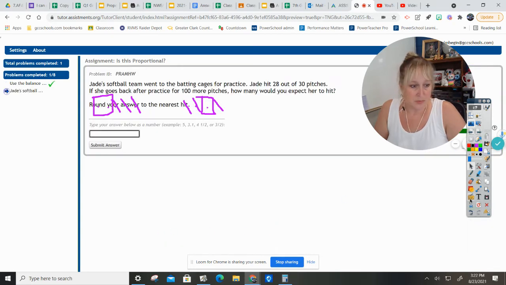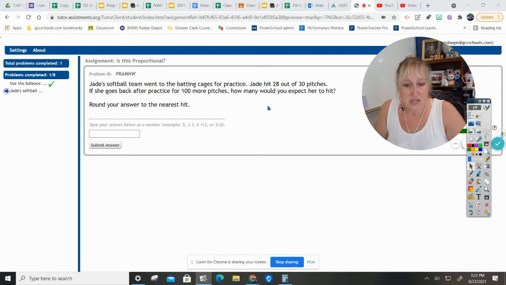Next problem. All right, let's see. Clear annotations. Jade's softball team went to the batting cages for practice. Jade hit 28 out of 30 pitches. If she goes back after practice for 100 more pitches, how many would you expect her to hit? Okay, so